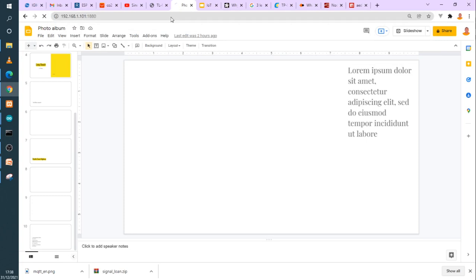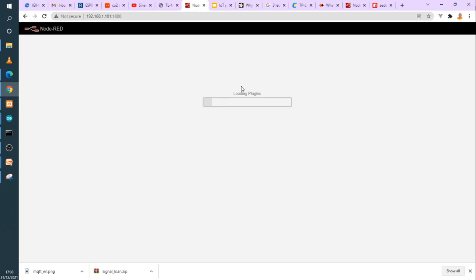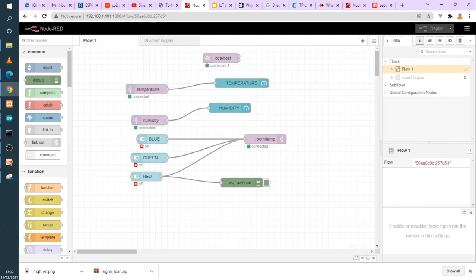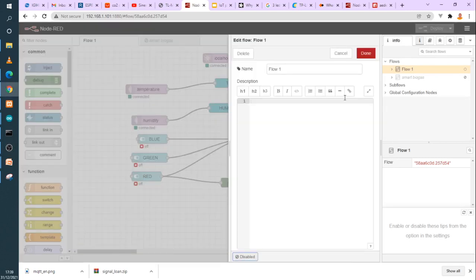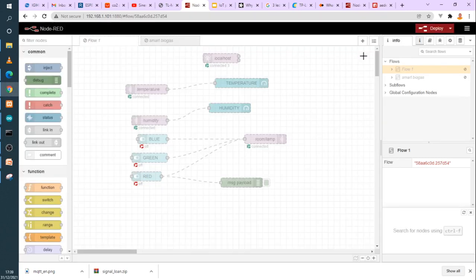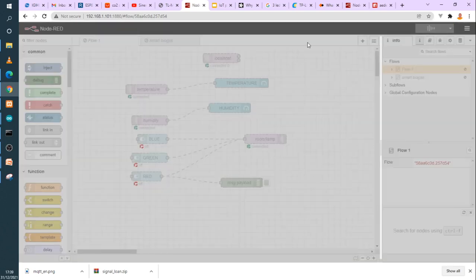When I hit enter, I directly get the interface of the NODE-RED server that is running on the Raspberry Pi. Okay, I'm already there. Let me close this flow. Then what I'm going to do,